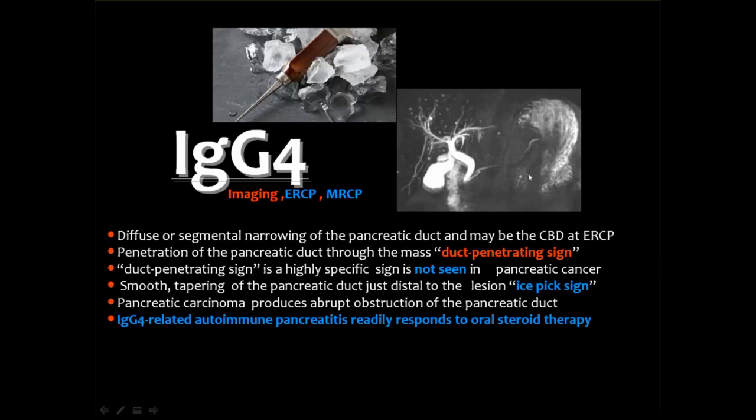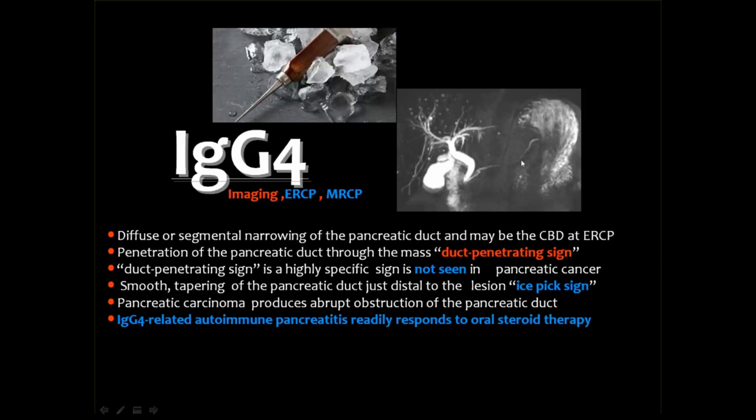Whenever you look at autoimmune pancreatitis and you see swelling of the pancreas, if you look at the duct, while the duct is crossing through the site of the lesion, you get tapering of the duct, which